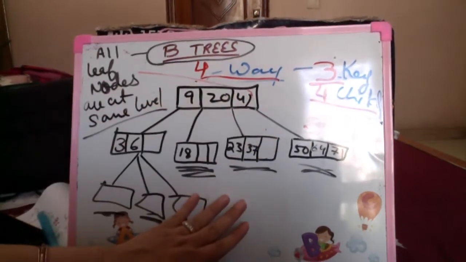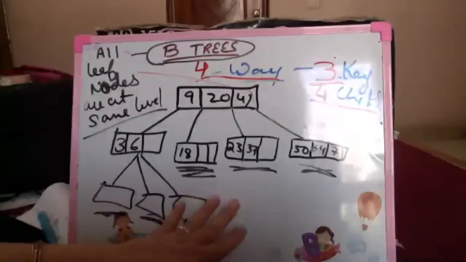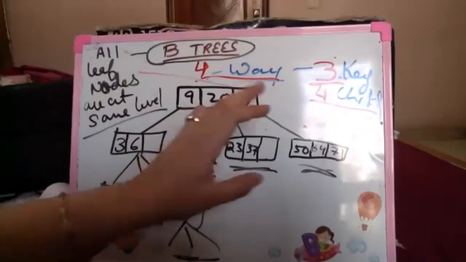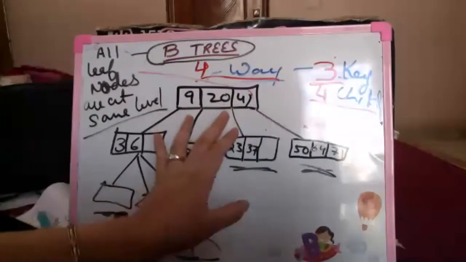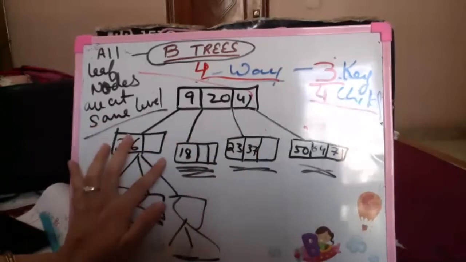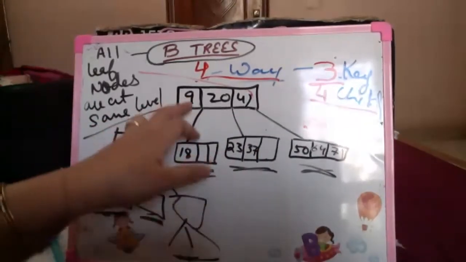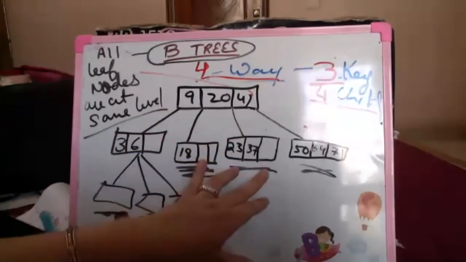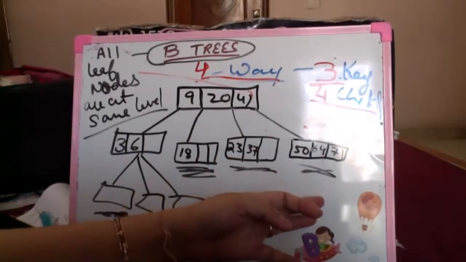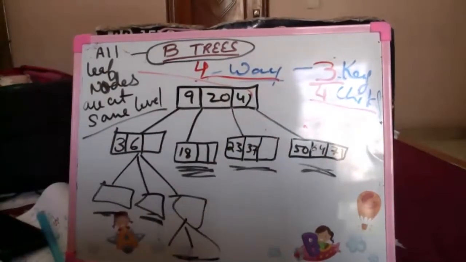A formal definition, I will let you all know in the notes. I'll just send you a picture. But the formal definition also says this: if this is the ith key, this is the (i+1)th key, and this is the (i+2)th key of any node, then the values on this side will be less than ki, these will be between ki and ki+1, these will lie between ki+1 and ki+2, and these will be greater than ki+2. That is the only way we are creating M-way search trees or B trees. So I'll move on to a B tree directly.